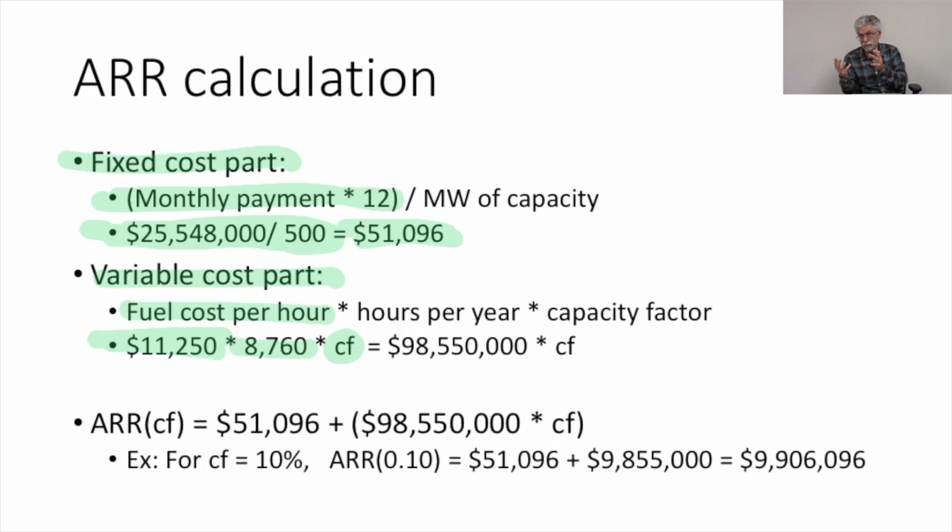So in my assumed case, that was 80%. We take the 8,760 hours, multiply it by 80%, and that gives us the total number of hours we expect to operate the plant. So we take our $11,000 in fuel costs, multiply it by the number of hours we think we're going to run the plant, and that gives us our total fuel cost, our total variable cost for running the plant. Well, in this particular plant, if I run it at 100% capacity, I'm going to be paying $11,000 for all 8,760 hours. That would add up to